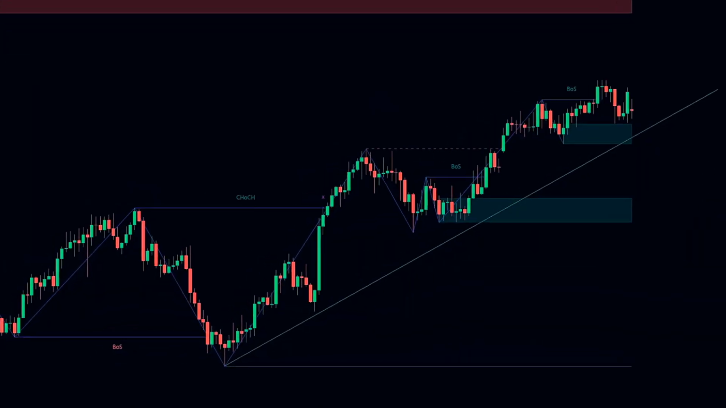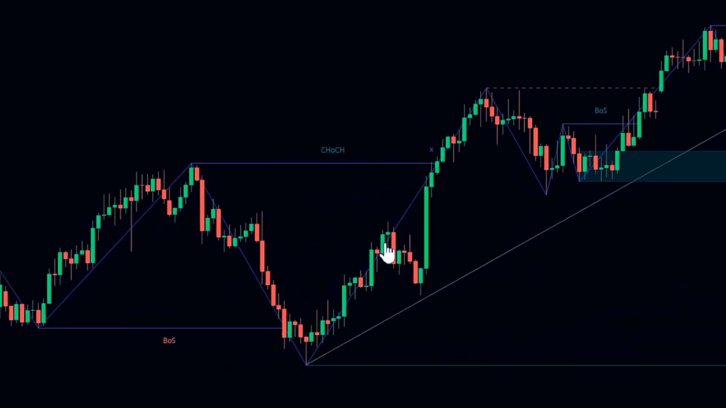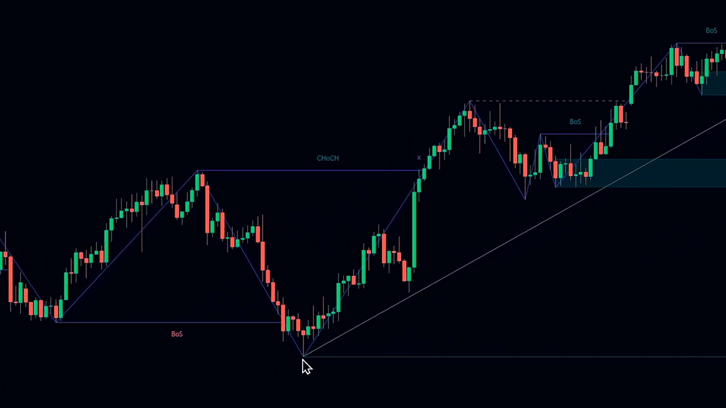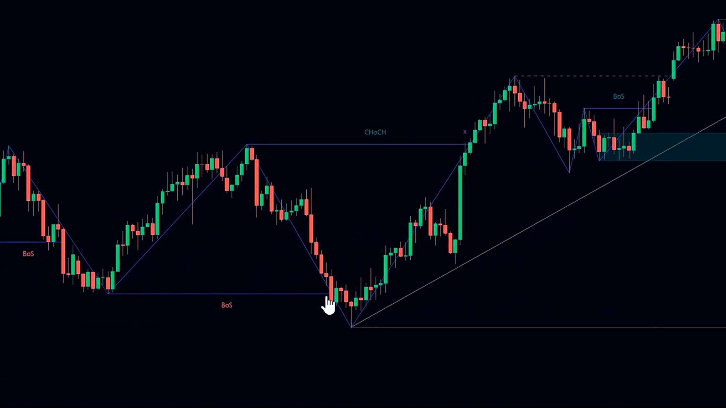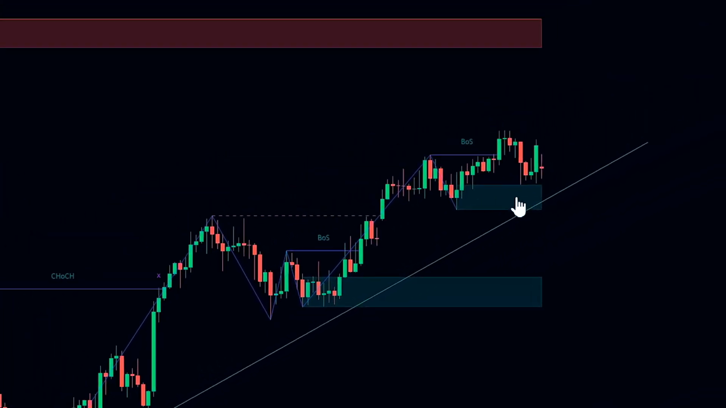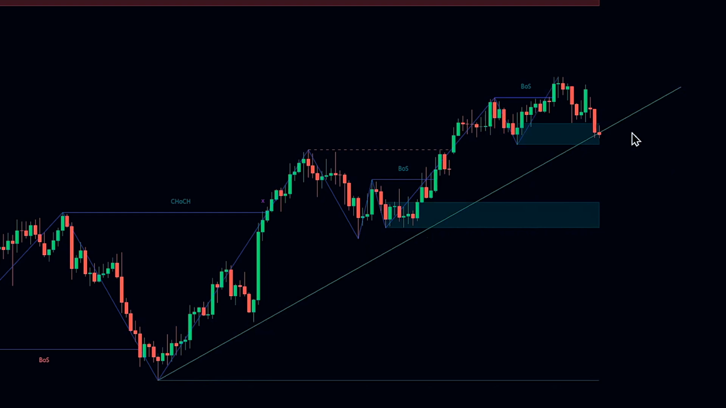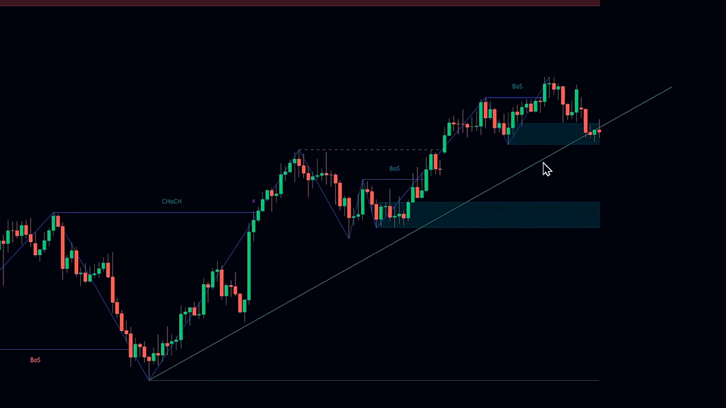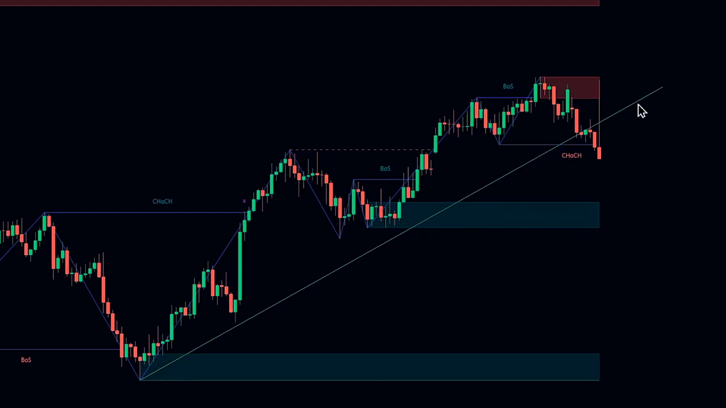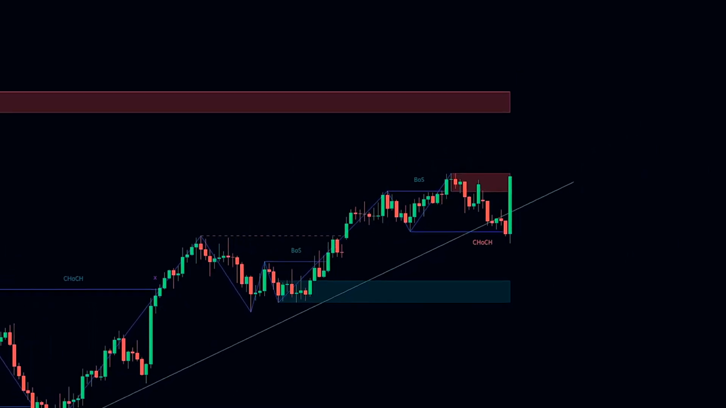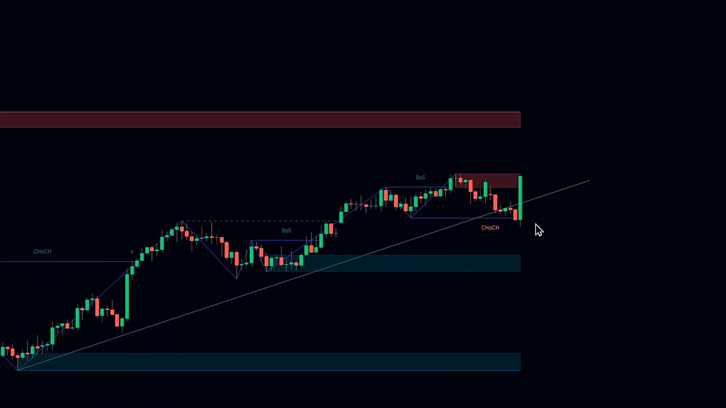Let's break down a sample long trade to make this real. Picture this, we're in an uptrend with the zigzag showing higher highs and higher lows. The price just swept liquidity by taking out a previous low and is now heading toward a bullish order block. On top of that, it's approaching an uptrend line that's held strong multiple times. This combo, the uptrend, the liquidity sweep, the bullish order block, and a solid trend line, sets up a high